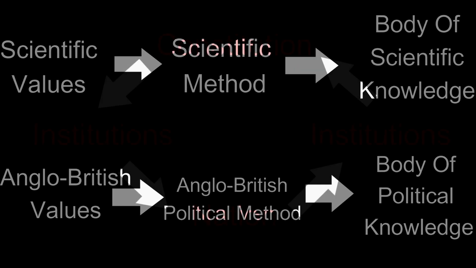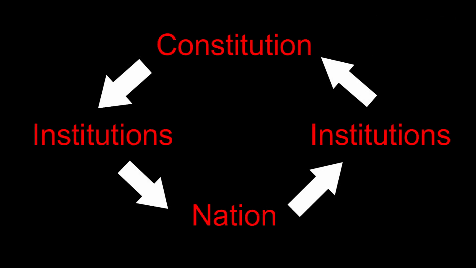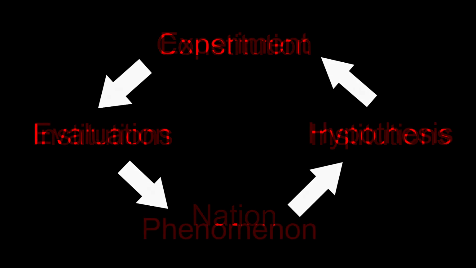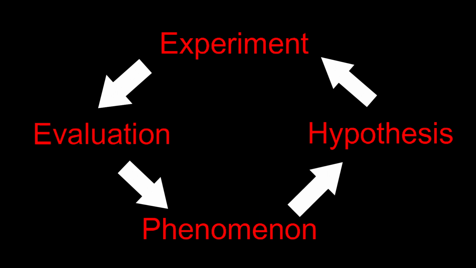If you remember, I spoke about how the Anglo-British used induction to form the Constitution, and then the Constitution fed back into the nation, and the cycle continued. Well, the modern scientific method does essentially the same thing. It observes a phenomenon, it makes a hypothesis, a guess, about why this happens. It then creates an experiment to test this, and it produces a result. And this result is then used to form the basis of a new hypothesis, a new prediction or guess, and thus a new experiment, and the cycle continues indefinitely, producing increasingly reliable knowledge.